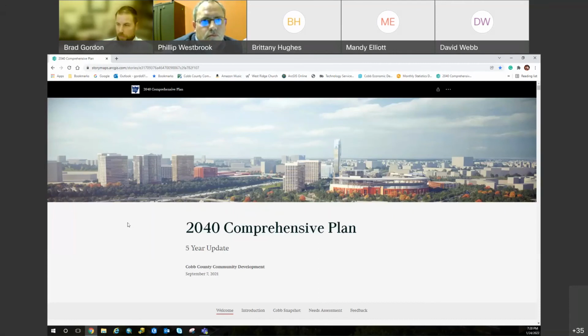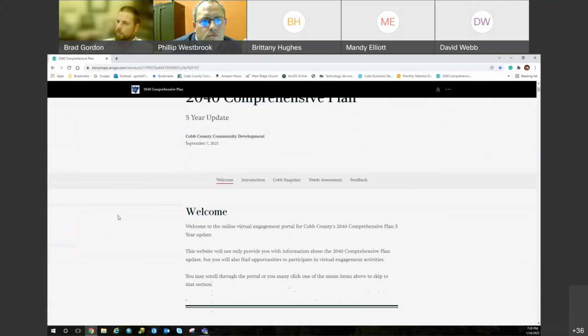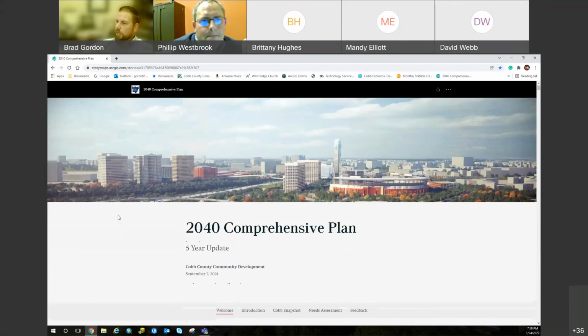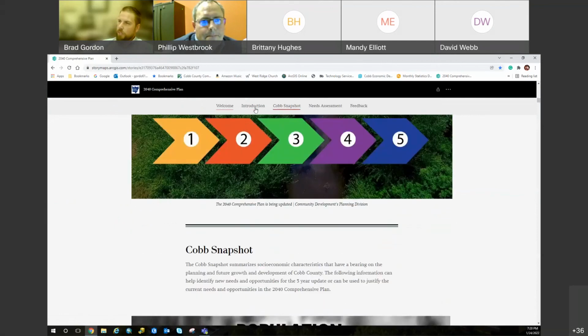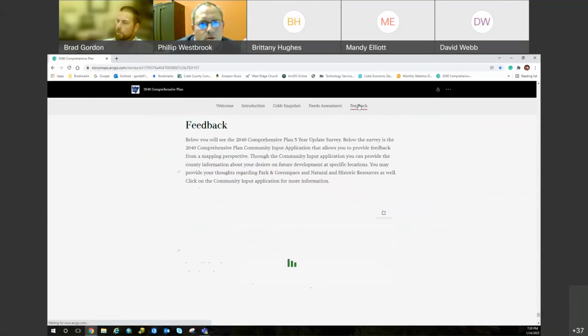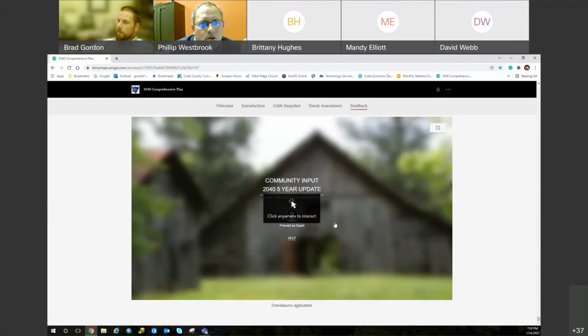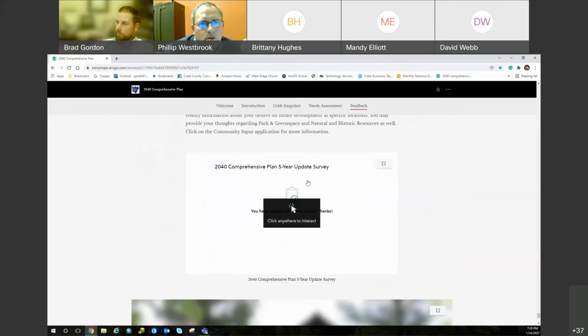Let's see. So what we do. I'm sorry. You can scroll down to go through the application to see the different parts of it. And as you scroll down, you'll notice that the line underneath these different tabs moves into different sections. The one we're going to focus on tonight is the feedback portion. So I click on that, and it jumps down. We've tried to fix this, but not real sure what's going on. It jumps past the survey. You'll see that I've already taken the survey just as a test, and so it shows me that I've already taken it.